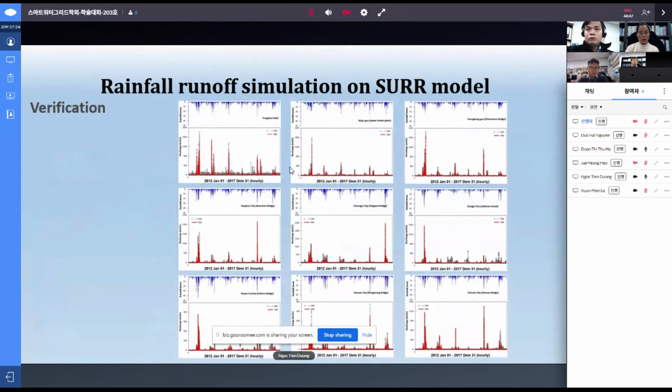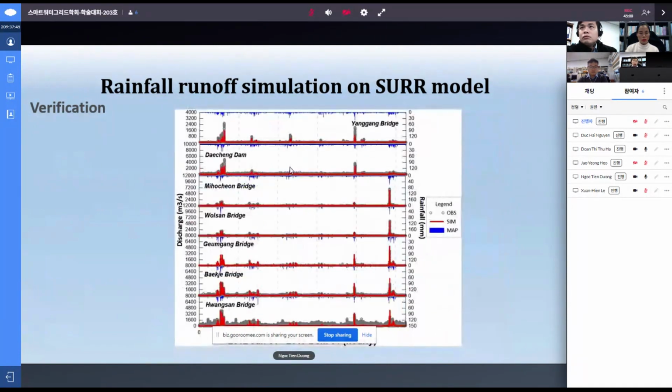the verification process. This is the comparison of the calculated data from 2012 to 2017 for the tributary, and then for the mainstream,